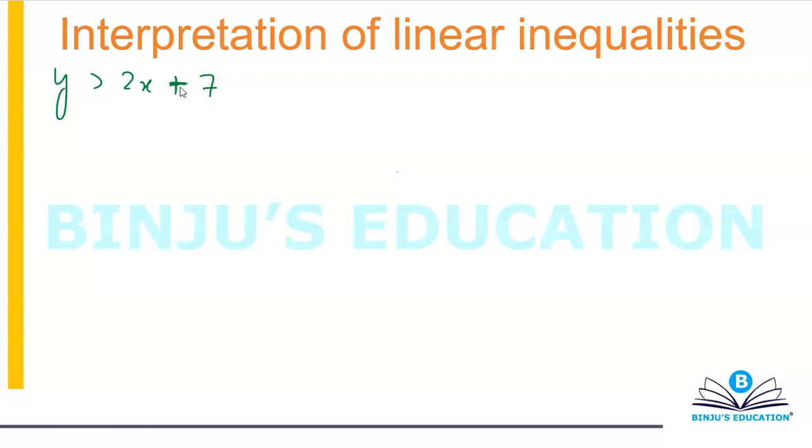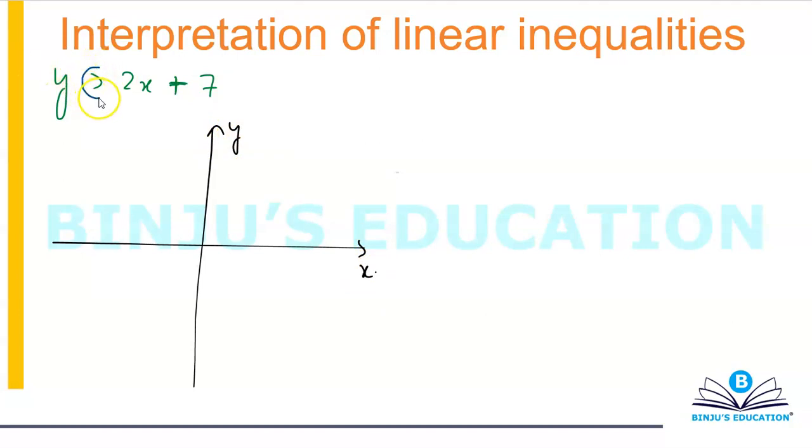So what do you mean by this? Let's try and understand. First thing first, you'll have to draw x and y. So this is y, this is x. What you will do first of all is remove this inequality sign and rewrite this as y is equal to 2x plus 7, because usually inequality confuses students. I know that it confuses, so I'm going to make things easier for you and put an equal sign. So y is equal to 2x plus 7.